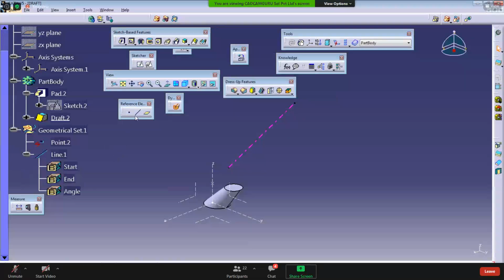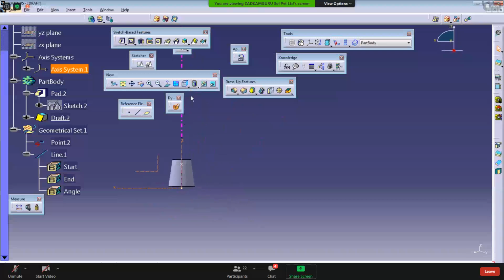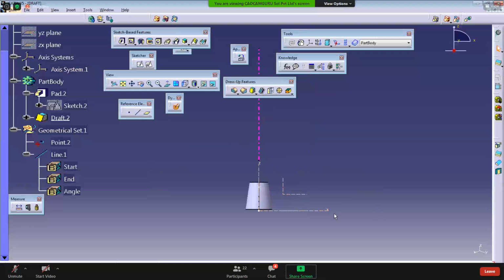Is it clear? Now I'll operate this line, but that line I want to operate from this particular XZ or ZX plane, that is the side plane. So I'm activating this side plane from this view. Okay, ZX plane.